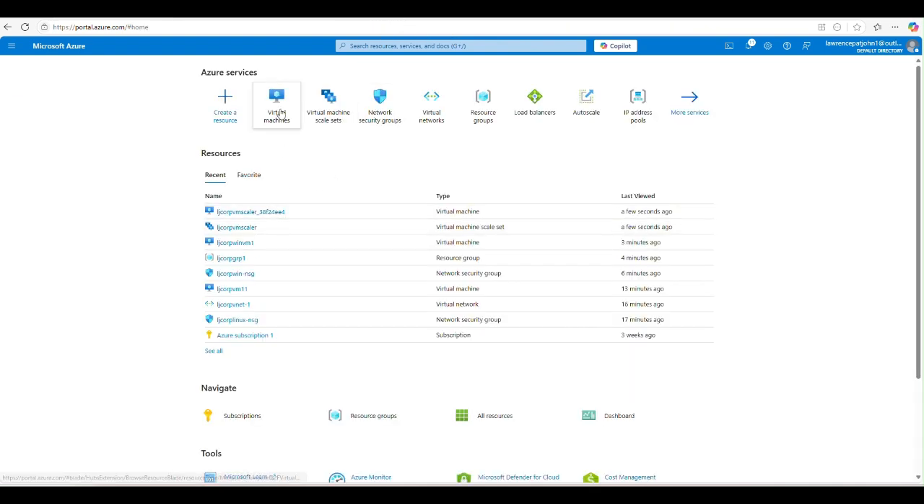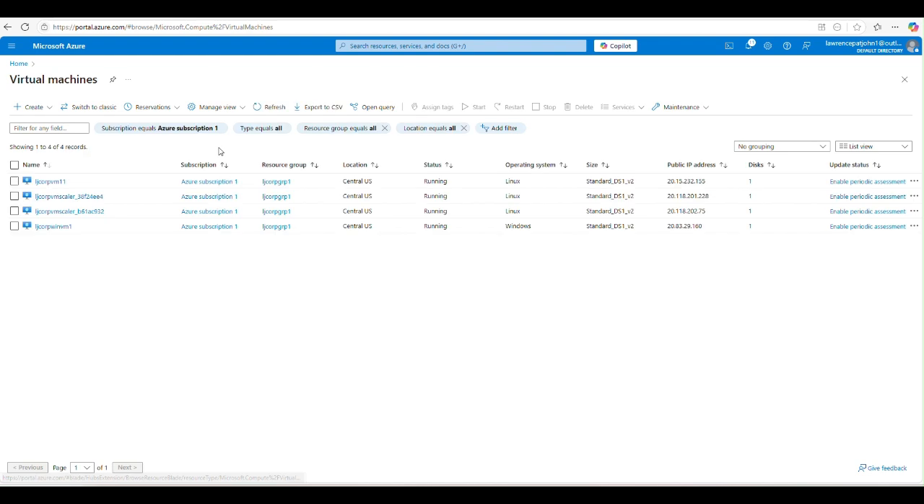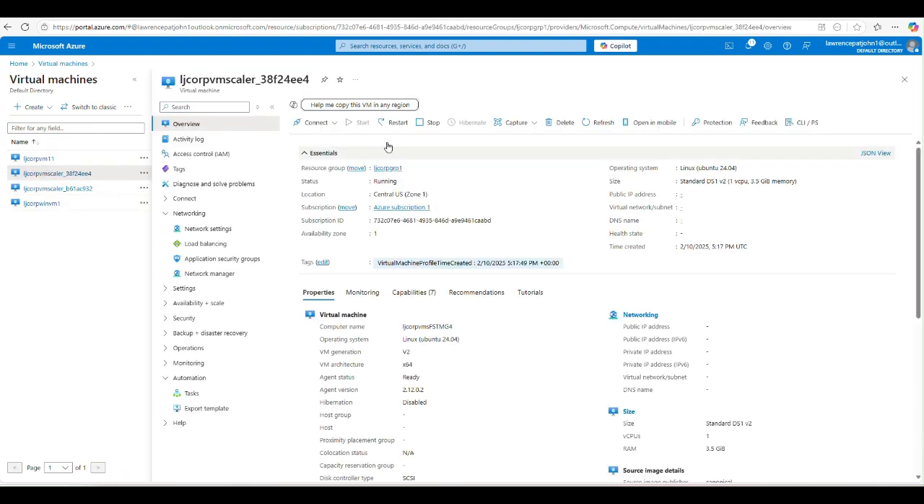All right, so one thing I did not check before, let me verify that I can SSH to both of the autoscaling group VMs that were created. So let me go